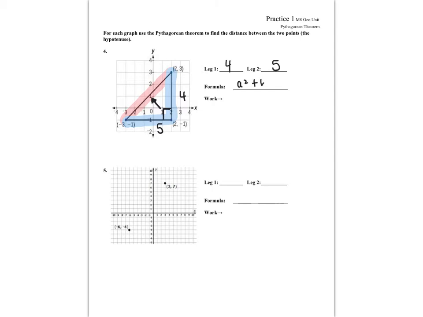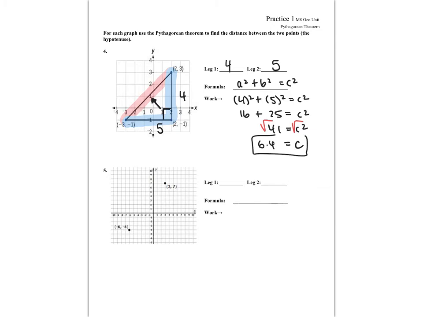So I'm going to start by writing my formula, and then I'm going to plug in my legs. So 4 squared plus 5 squared equals c squared. 4 times 4 is 16, 5 times 5 is 25 equals c squared. 16 plus 25 is 41. And then I would square root both sides, and I would get c equals